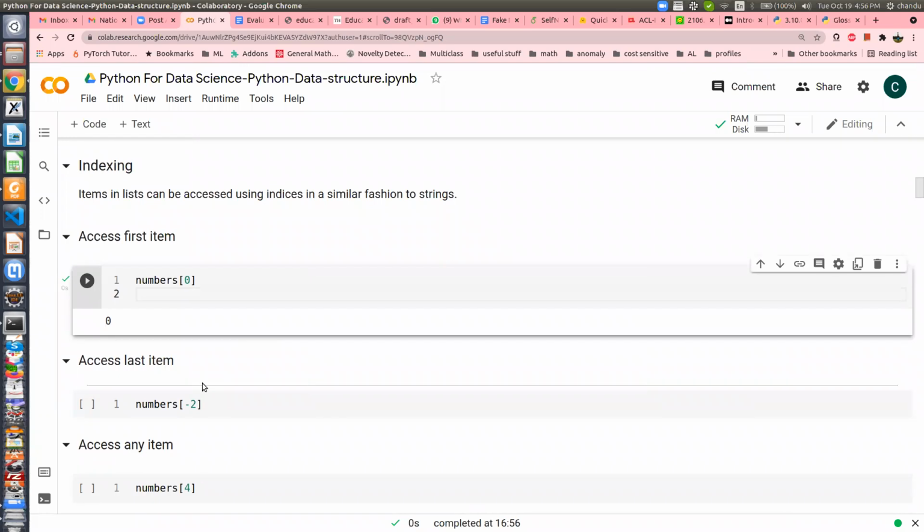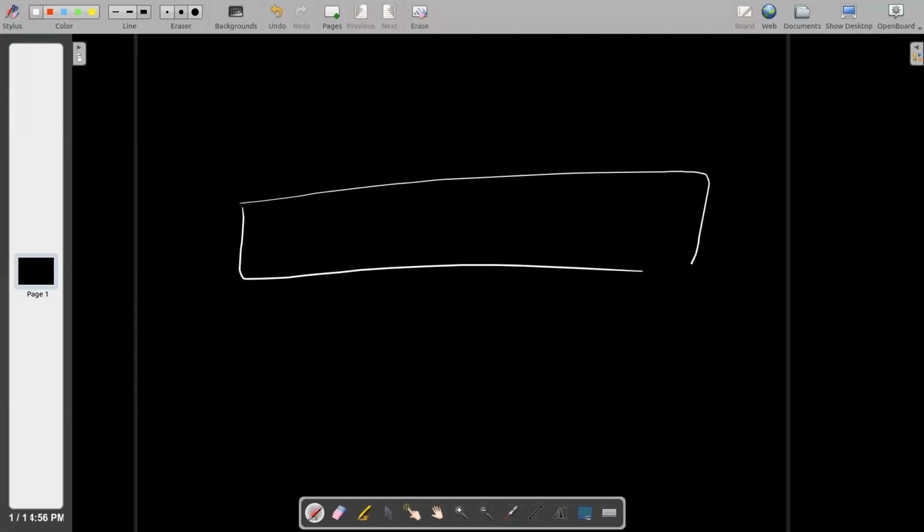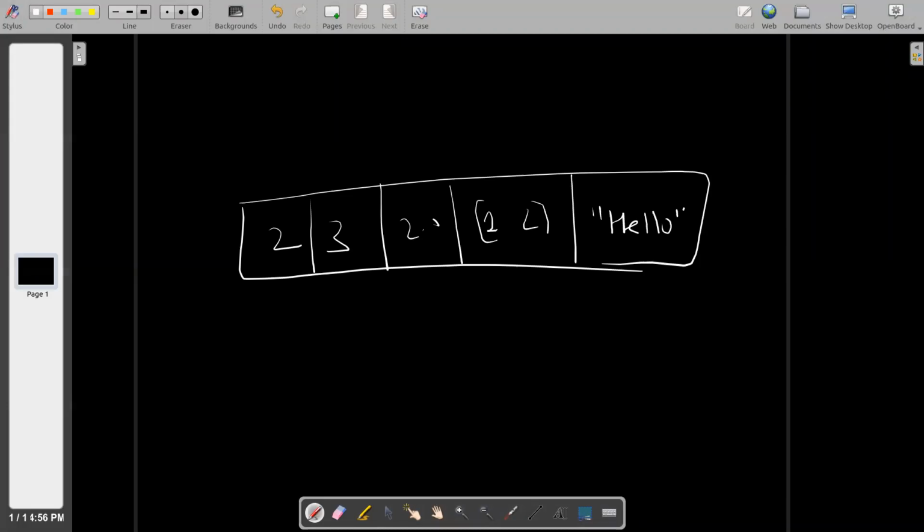One more thing I want to talk about. This is very intriguing and very different from C. Let me draw this one. Here we have already seen that in the list we had stored these things: 1 and 2, then we stored hello. We had indices 0, 1, 2, 3, 4.